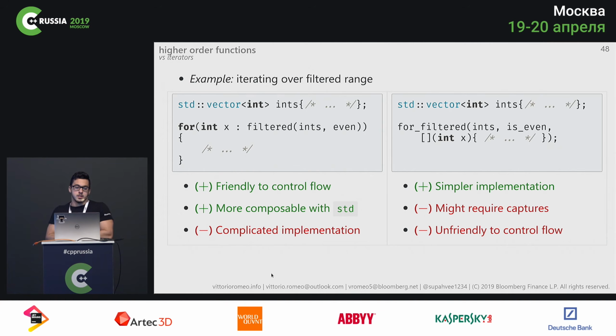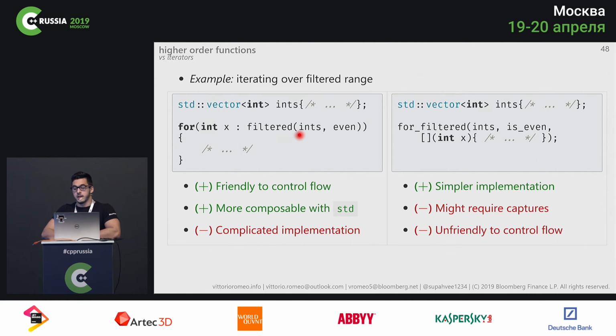Another example is iterators or ranges. Again, you have the choice of using either higher order functions or iterators. As an example here, let's see how we can iterate over a filtered range. We provide a predicate to filter a range, and then we want to iterate only on the elements that match the predicate. One way we could do that with iterators is by providing some sort of filtered function